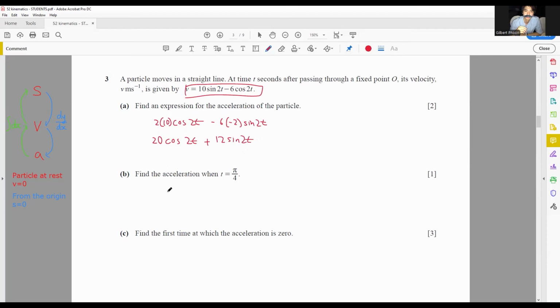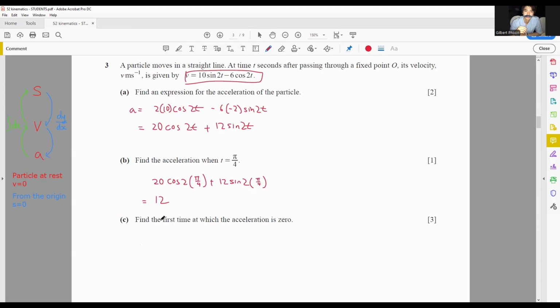The next part is a very straightforward question. By the way, this is the acceleration formula. Find the acceleration when t equals pi over 4. All you have to do is substitute pi over 4 into your equation here: 20 cos 2 bracket pi over 4 plus 12 sine 2 bracket pi over 4. Type this into the calculator, you would have gotten 12. A 1 mark question. Now, next part over here, find the first time at which the acceleration is equal to